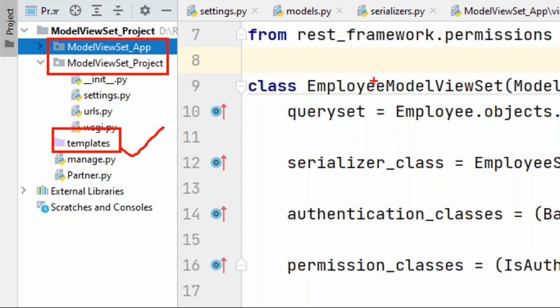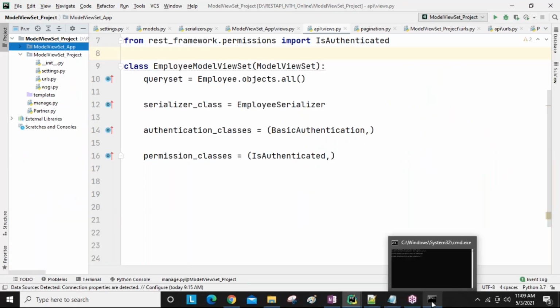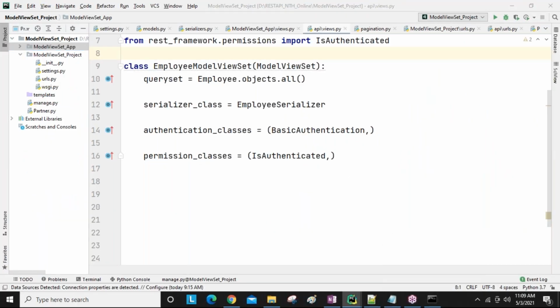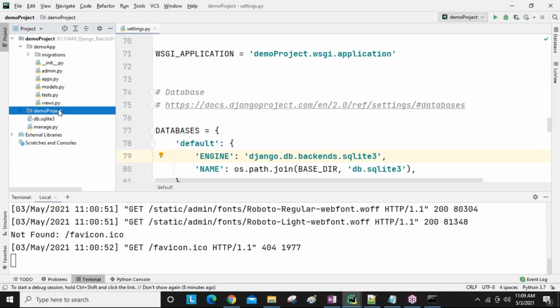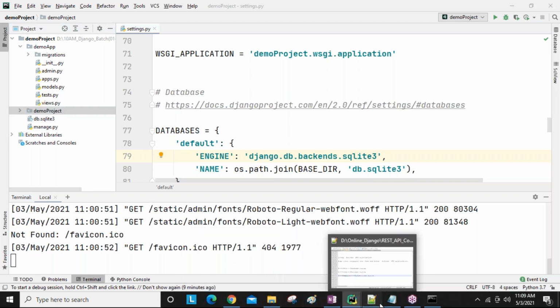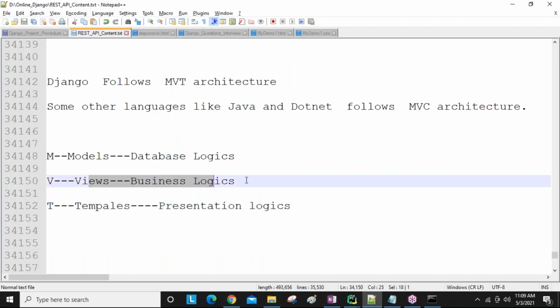Okay, so this is using PyCharm. If I create it, this comes automatically. Using the command prompt, if I create a project name and application name, this templates folder does not come inside our application or project folder. Got it? So why does the templates folder not come? Inside the views only, guys,